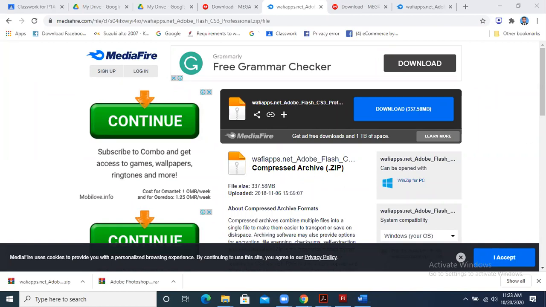If someone is facing any problem, it means there is some restriction on his or her laptop. Either he has not logged in with the administrator password. If your parents are using your system, they would have the administrator password. Then you should ask them to kindly log in to the laptop using their password. Then it will be installed and will not give you any error. I have shown you on my screen that when I copy the link, it opens, and when I click the download button, the download is done. There isn't any issue in it. Okay, fine.